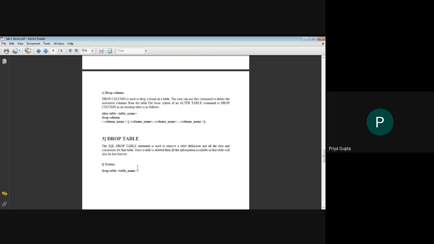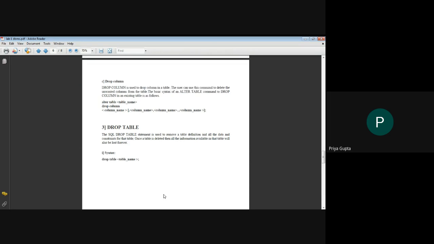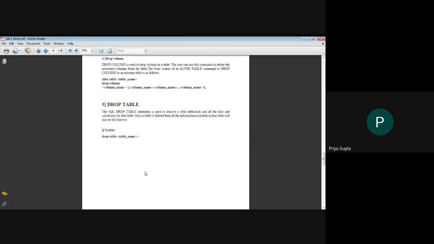So while using drop table, always remember the complete data of that particular table will also be deleted from the database. Once the table is deleted, then all the information available in the table will also be lost forever. So the syntax for drop table is simple. We need to write the command drop table and the name of that particular table that I want to delete from the database. After that, we need to put a semicolon to end the command.